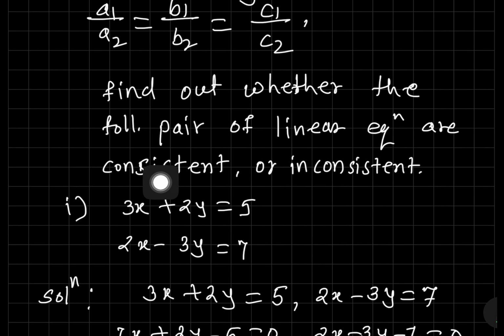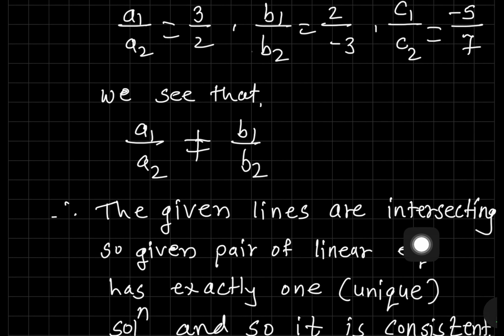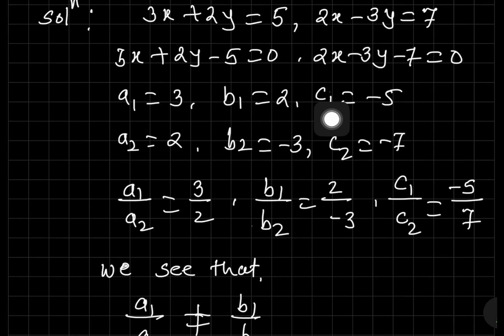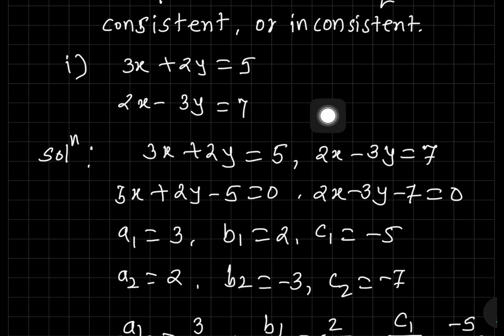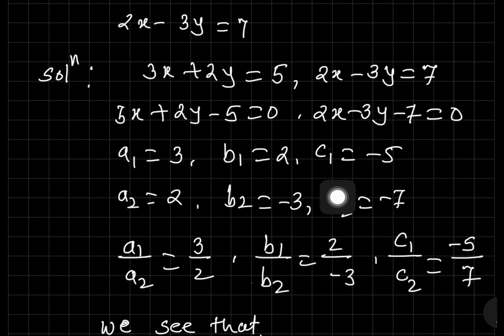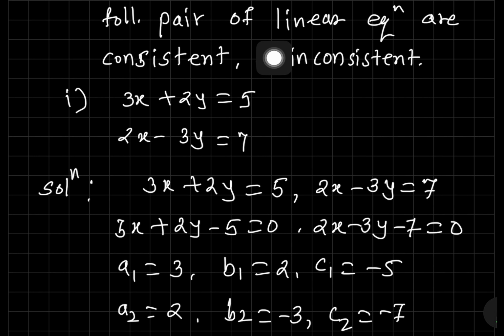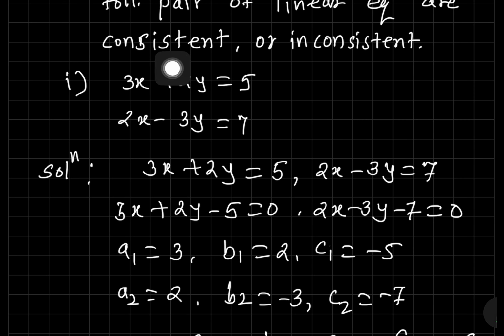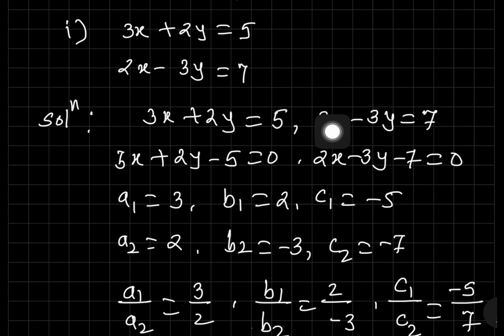Now here they are asking only consistent or inconsistent. Then we have to see the ratio and write as per what we studied in the introduction and in question number 2. All of that we have to use here in question number 3. Very simple. Most of this part we already studied in question number 2. The additional part is consistent or inconsistent, which you have to mention.